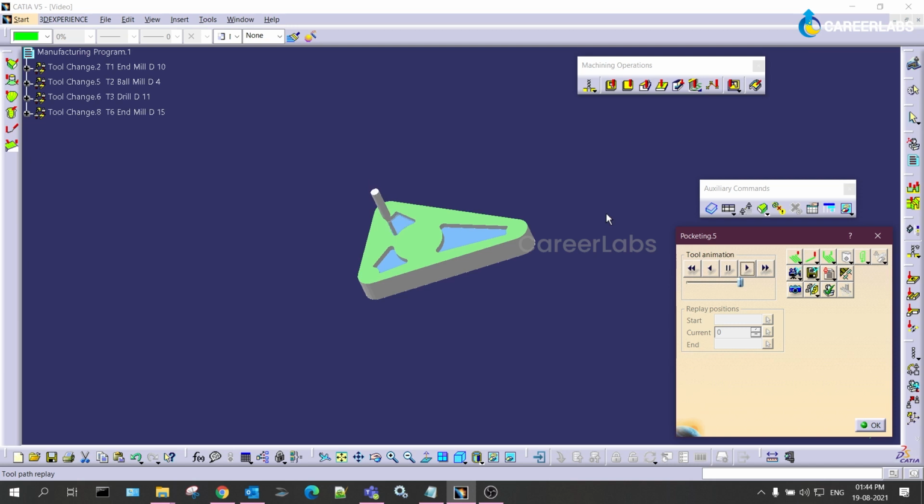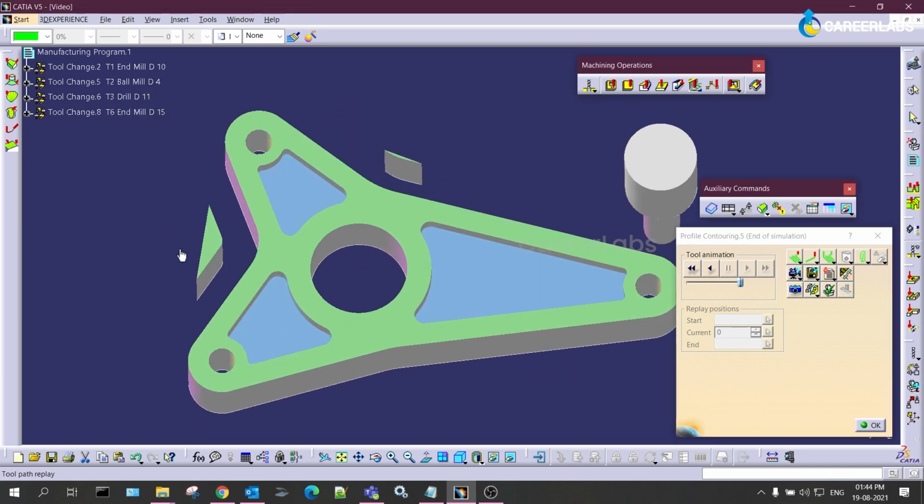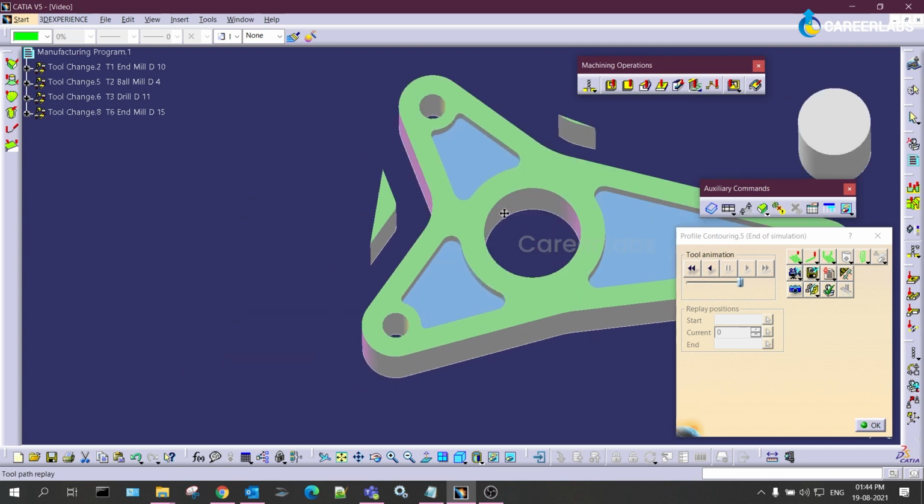There will be small bits of machining parts which are not removed, but it will go and fall directly outside. But we should not directly remove in between, because there will be a lot of challenge with respect to the tool to go inside and remove. That is why we will try to give some offset of the tool, and first we will remove a little outside material, then we will give one more pass.